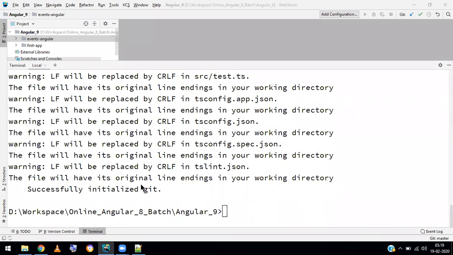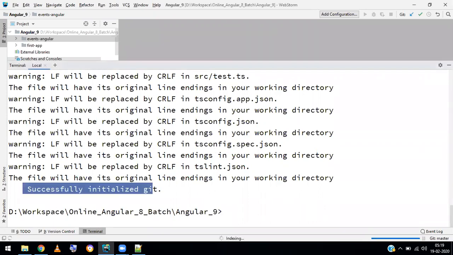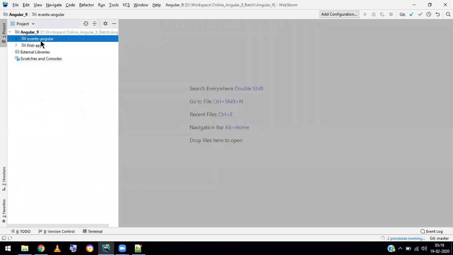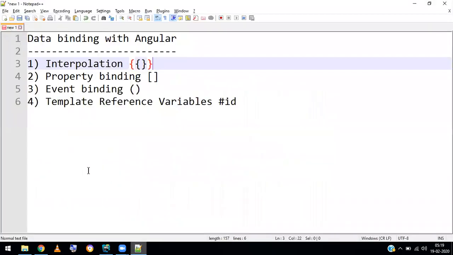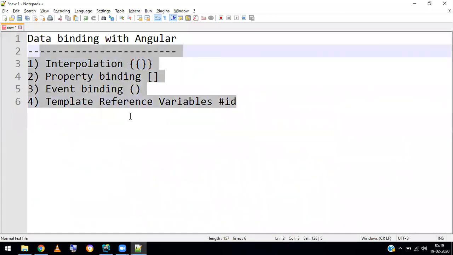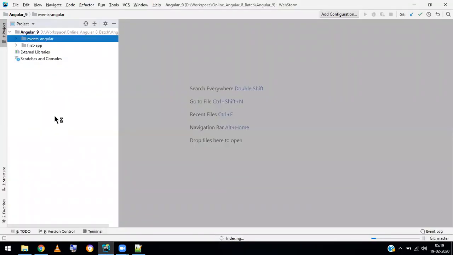Yeah, hi. It's finished now successfully. The first configuration here is I will connect to Bootstrap, and then we'll start doing our data binding concepts and event handling concepts. So first, let me connect to Bootstrap. As we discussed yesterday,